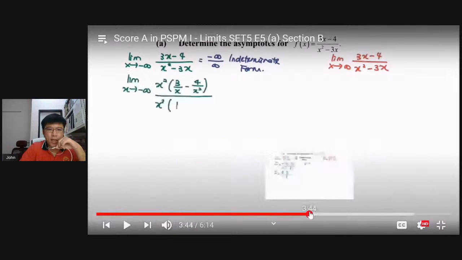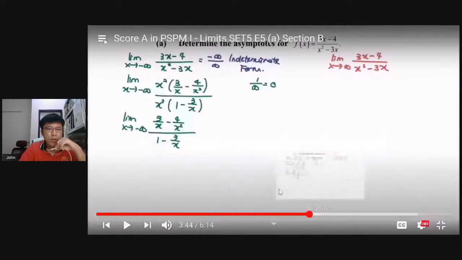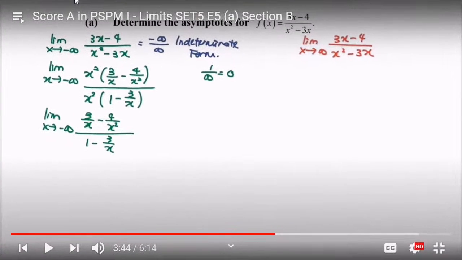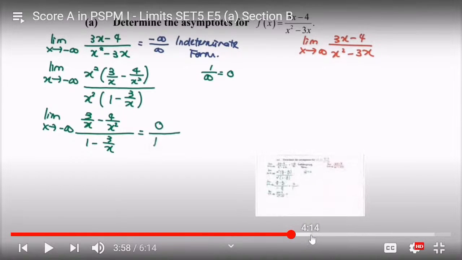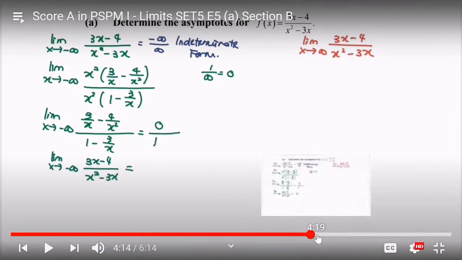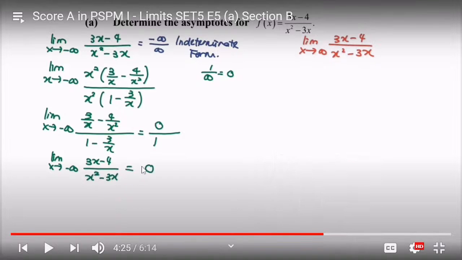Boleh? So saya akan dapat benda ini. So hints dia apa atau key dia, 1 over infinity you obtain 0. So for this case you will have 0, 0, 1 minus 0. Betul? Okay. Kalau betul maksudnya teruskan, you akan dapat 0 over 1. So finally 0 over 1 is approaching to 0. Okay, clear. So for the right hand side,